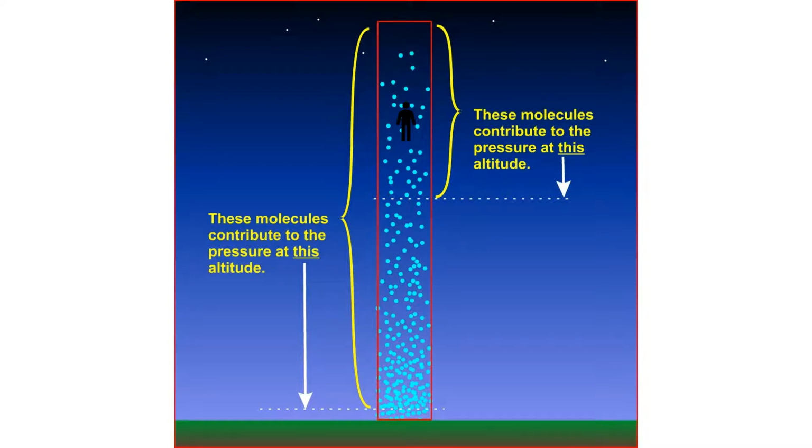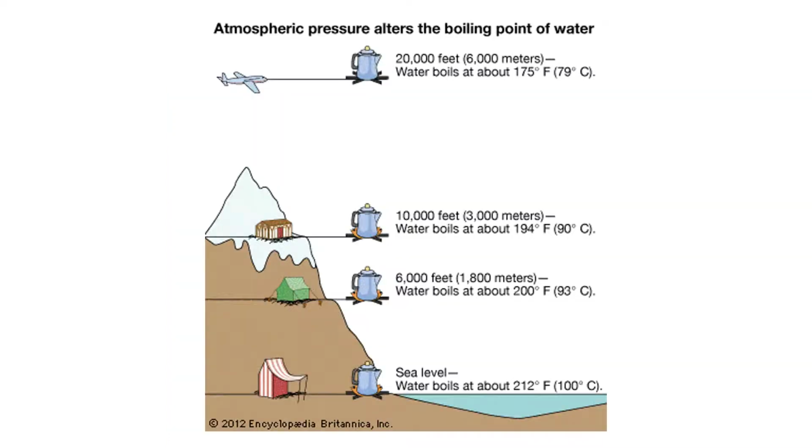And at the higher altitudes, there's not as much air because the column doesn't have as many air molecules in it. As you go deeper into the atmosphere toward Earth, there's more and more air above you. And as there's more and more air above you, that means the pressure is increasing. So that is the reason why at sea level you can boil water at 100 degrees Celsius, which is about where we are. If you go up to the mountains, it won't boil at as high a temperature. And the higher up you go, the lower the temperature is because it doesn't have to fight so much atmospheric